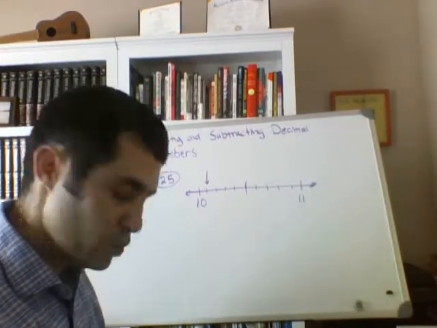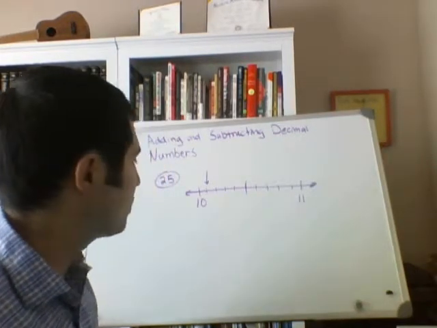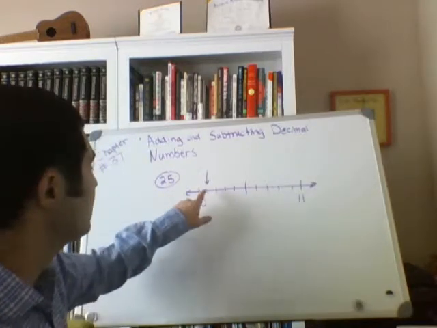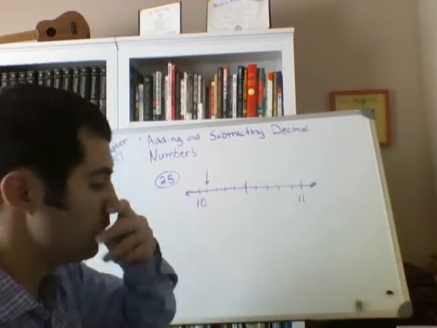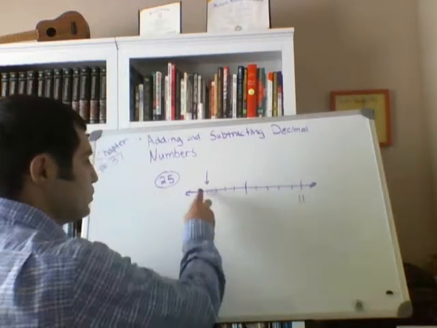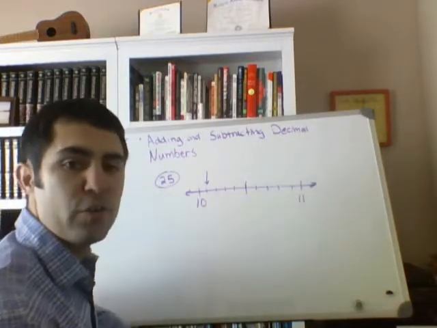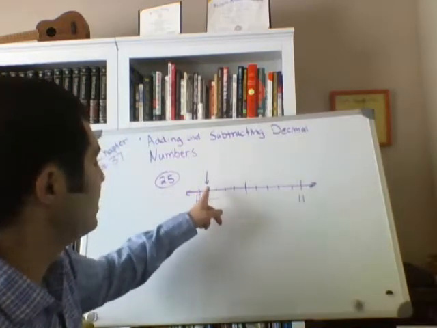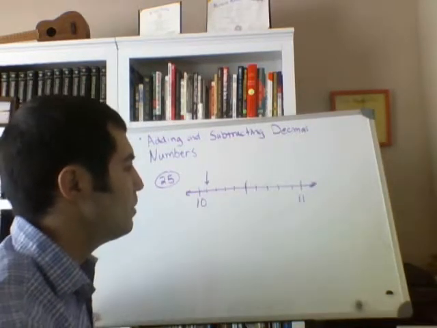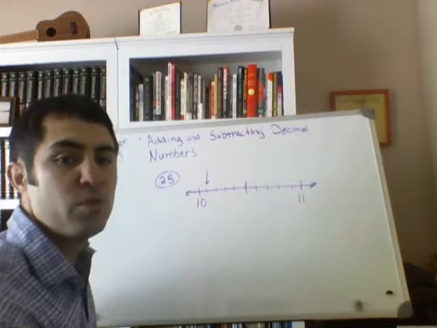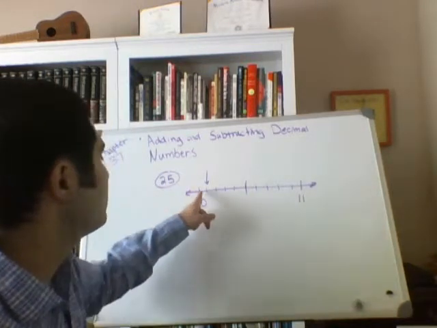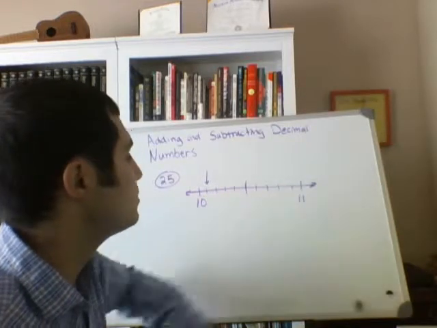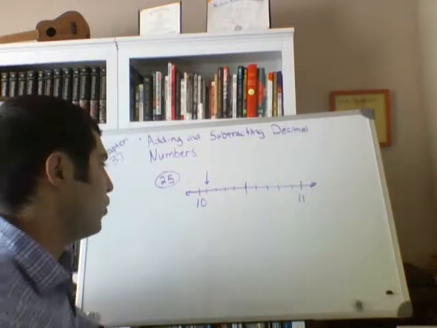Okay, a lot of kids have trouble with these number line problems when number lines are asked for mixed numbers. So in this case it says what's the mixed number that goes with the arrow point right there. And if you notice, we're going by tenths. The first step to ask yourself is each tick mark, how much, what percent or what decimal of the line does that represent? So since there's 1, 2, 3, 4, 5, 6, 7, 8, 9, 10 spaces, we're going by